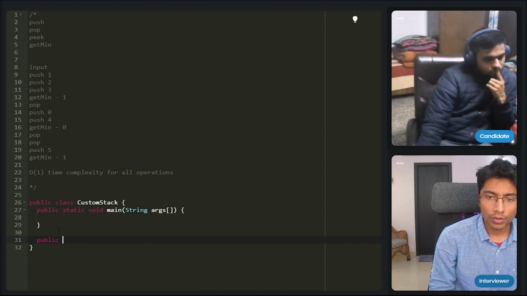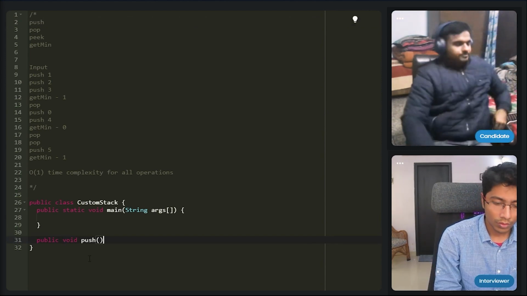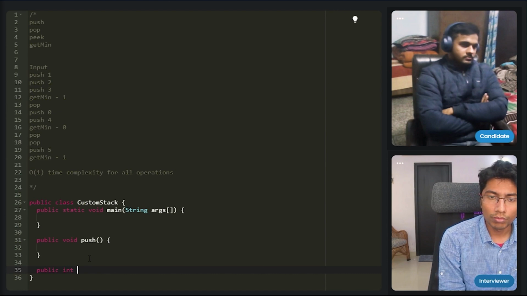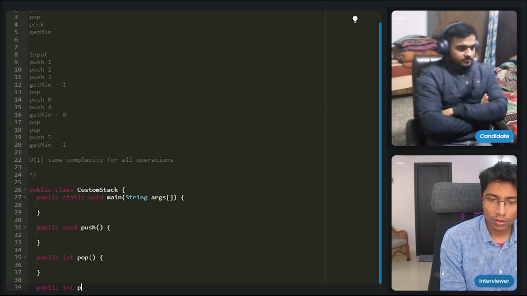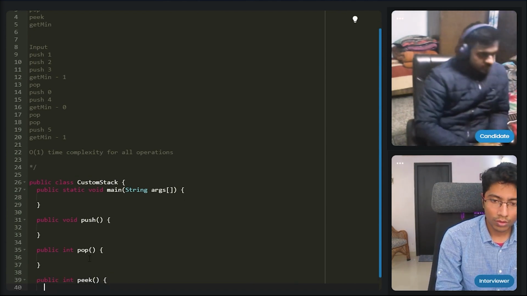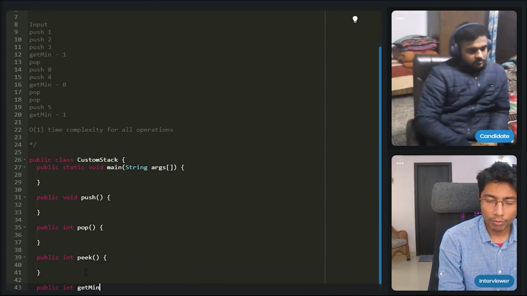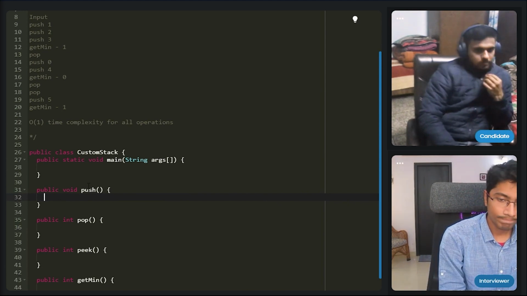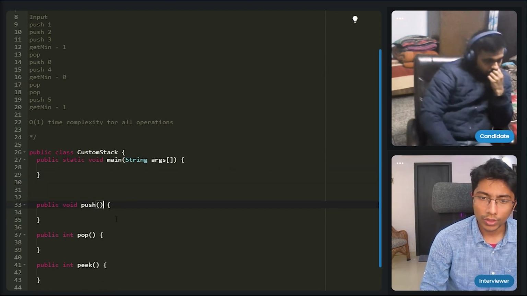First one is maybe push. I'll just assume that this is an int stack. Yeah, you can assume that. Okay, we have peek, push, pop, and finally getMin. For push I'll just add an argument.